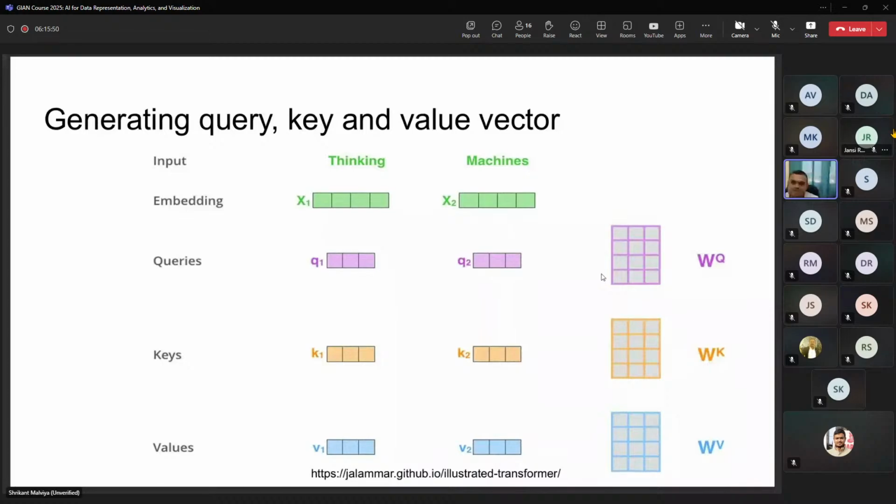If suppose there are 512 tokens that can be taken as input, then the size of this matrix would be 512 cross the size that we have decided for each vector. That is actually decided by how many heads there are, what the multi-head criteria will be. In some architectures you may want 12 heads, and in others you want to keep the number of heads smaller, or a very large number. So based on it, the size of each